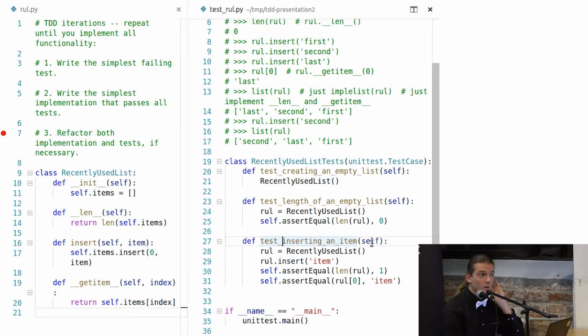Sorry, once again. Yes, we could. Well, there is no assertion, but this is not a bad thing, because what we test is actually that we can create an empty instance. So what we test for is that there is no exception here. Yes, we could actually merge the first two tests, but maybe just for clarity, let's keep it as it is.